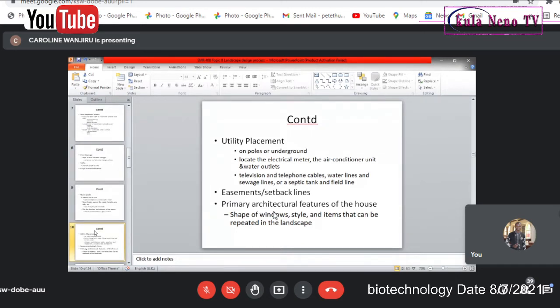Where do you want your septic tanks? Because it's part of the landscape design. Where do you want them? Then you've got to think about easements or setback lines. Primary architectural features of the house, what are they? What is the shape of the windows? The style of the windows. So I think you're starting to see